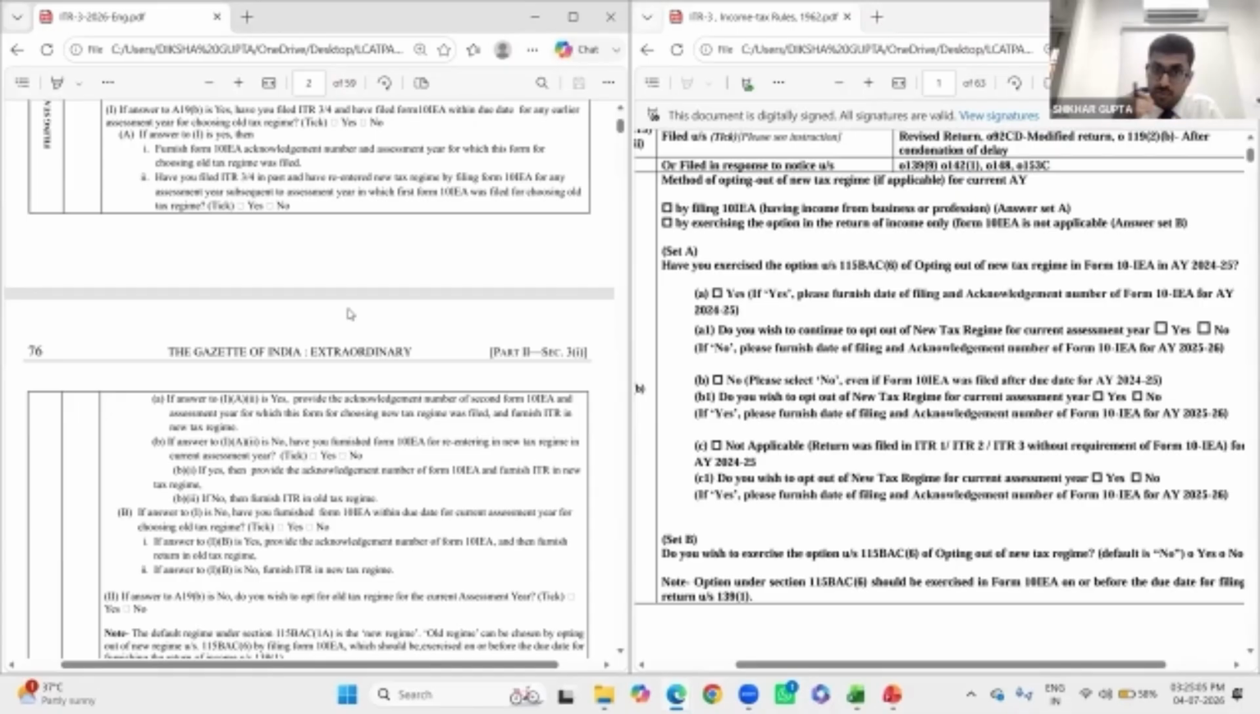So from 1st April 2024, the assessment year commencing on 1st April 2024, which is 24-25, you have the option to choose the old regime. And if you don't choose the old regime, then you will be taxed under the new regime. ओके, तो 24-25 का जब मैं ऑप्शन चूज करूंगा ओल्ड regime,